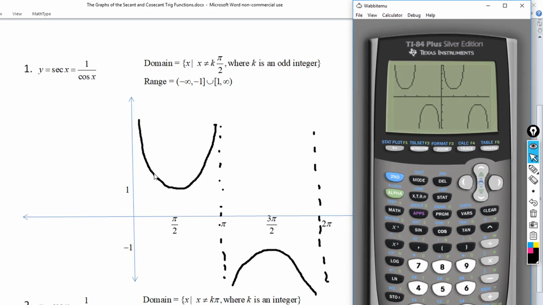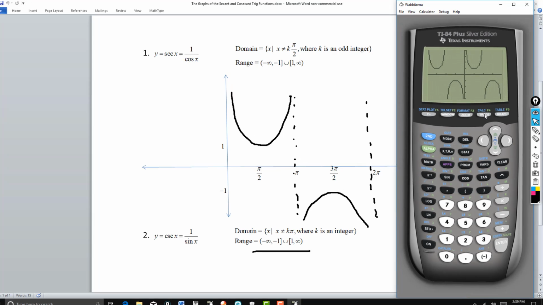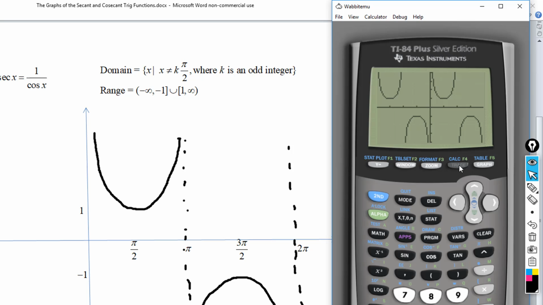Okay, so this is what I have here. So this right here on the right would be one period from 0 to 2 pi, or 0 degrees to 360. Now, you can also do a trace on these. So if I hit the trace button here,